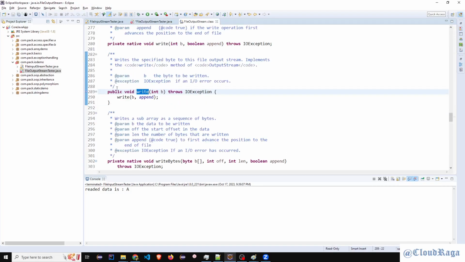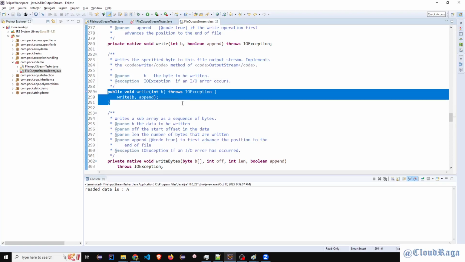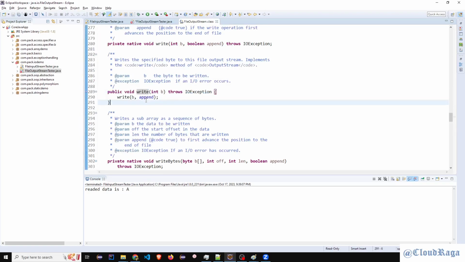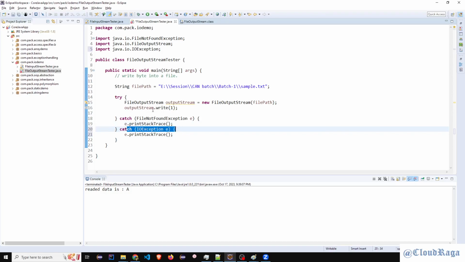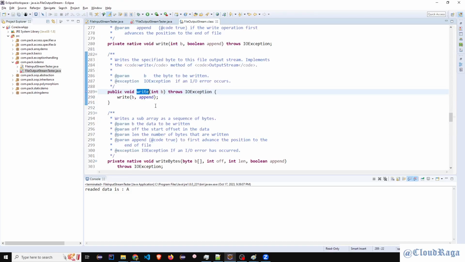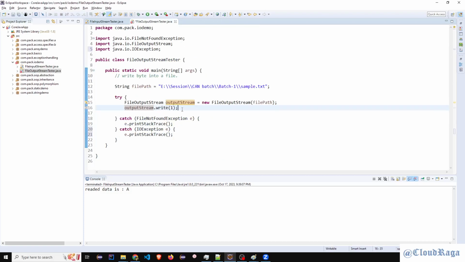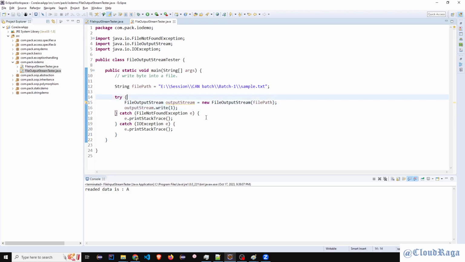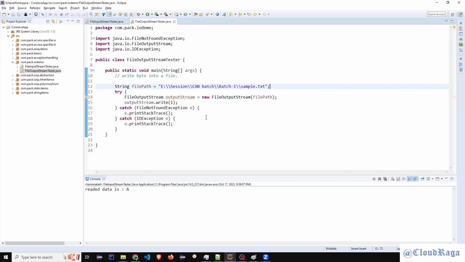Let me show you this one as well. Public void write int b throws this one. It calls one more write from inside it. So don't worry about that, but it throws IO exception, so we need to handle it. It's handled here. Okay, so once it writes, does it return anything? It's void. So at least we don't get anything from this write. So we can just keep it as this. And you know what? That's it. This much you have to write as your first example to write into a file by using byte oriented classes.